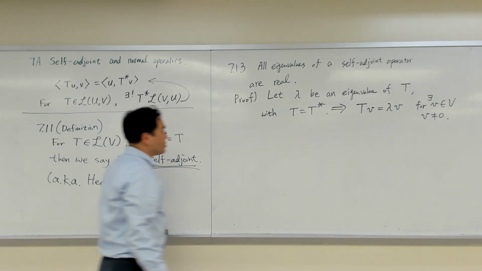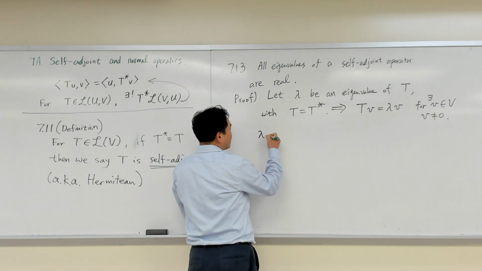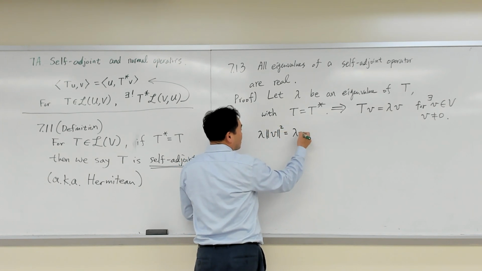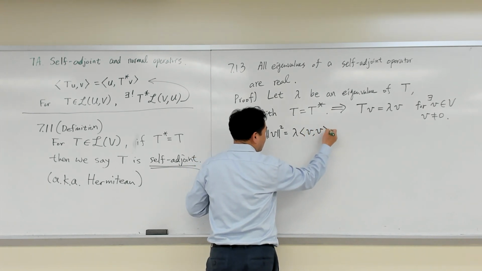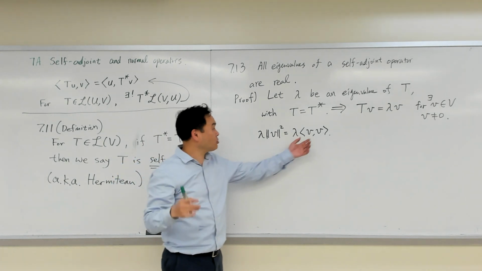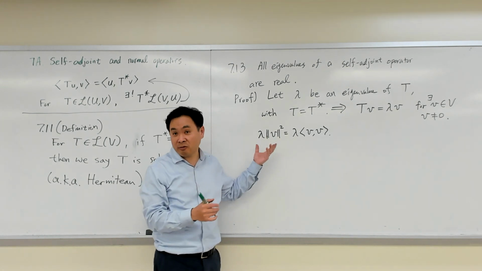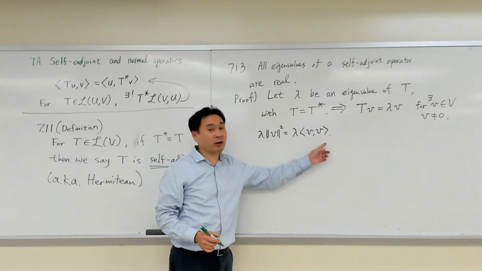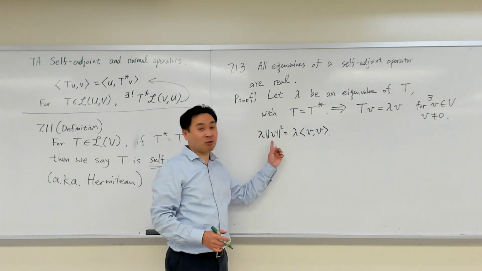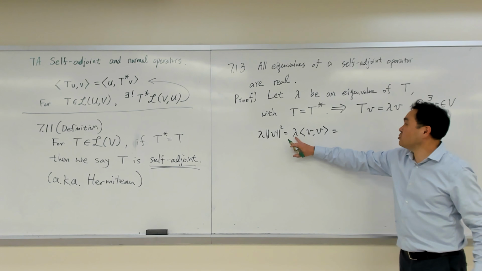So let's try to figure this one out. So lambda times norm of v squared is lambda times <v, v>. So this was one of the properties of the inner product. Once you have an inner product, because it's positive definite, you can use it for the size of a vector. And in fact, when this is the usual dot product that you learned in multivariable calculus, it does give you the norm squared, right? So suppose you have this, then you can move this lambda inside,